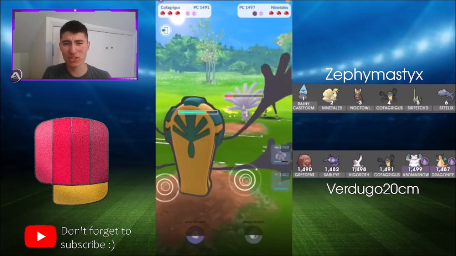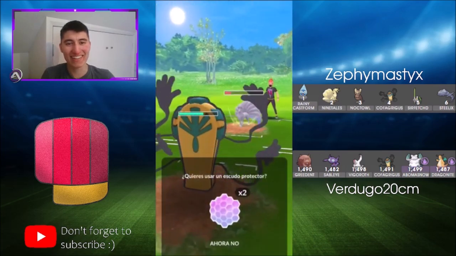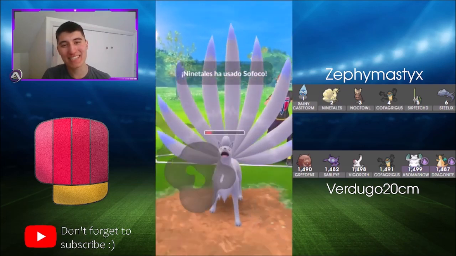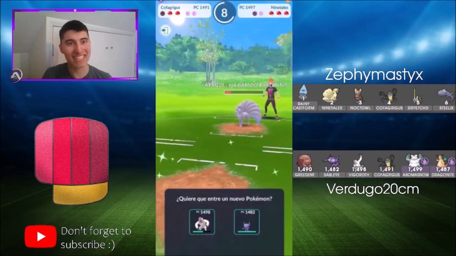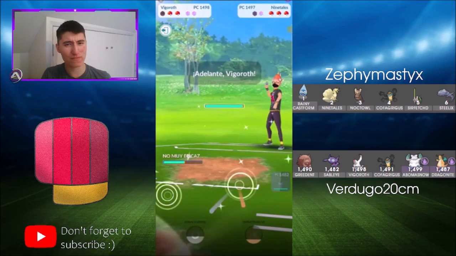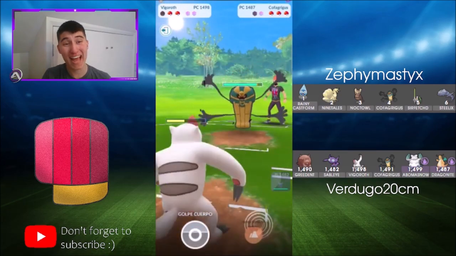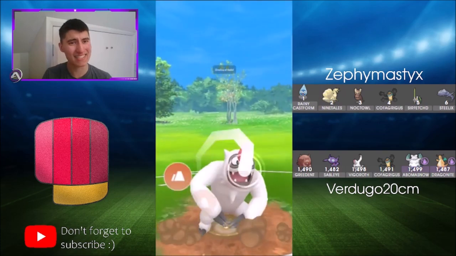And it is just the Fire Weather Ball as well. We're gonna have to do a little bit of interpretation, I think, just because it is not in English, so I'll kind of have to play it by the animation a little bit there, but hoping that it is just another Fire Weather Ball. It looks like that was actually an overheat, so absolutely nuking the Cofagrigus. So I think that actually kind of puts Verdugo in an alright spot, because you could bring in something, get a little bit of farm, but unfortunately Zephy has that Cofagrigus in the back,